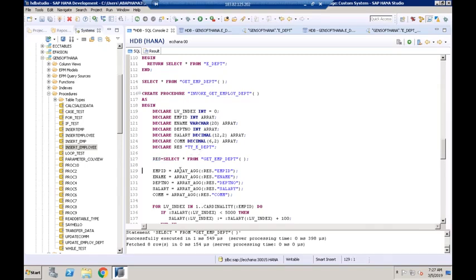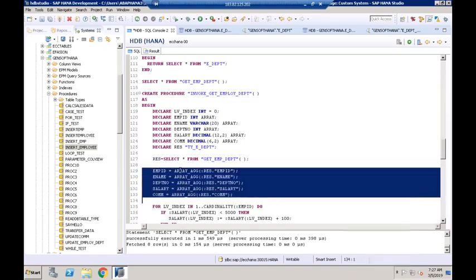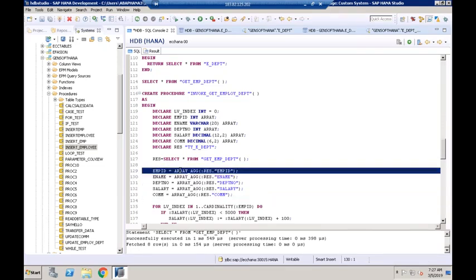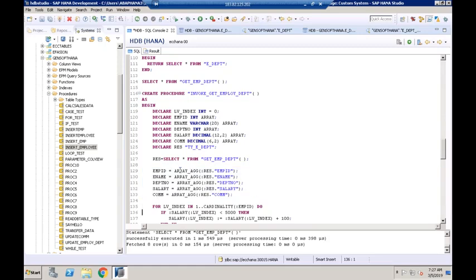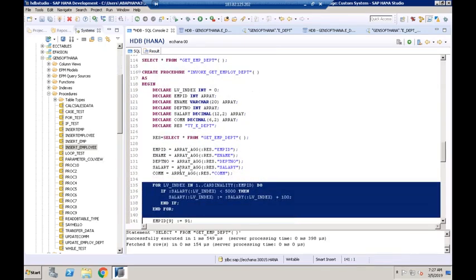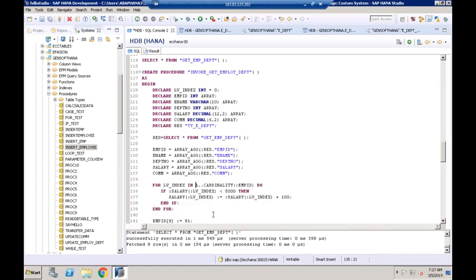Then what I am doing, I am extracting individual columns of the internal table, associating them with my individual arrays. Then I am manipulating the array data by using what? A for loop. I don't know how many records are there in the array, so I know that the index of the array starts from 1. So I'm iterating from the first index